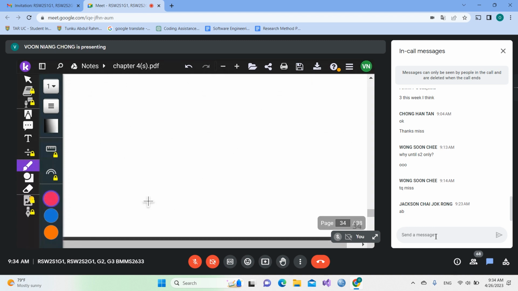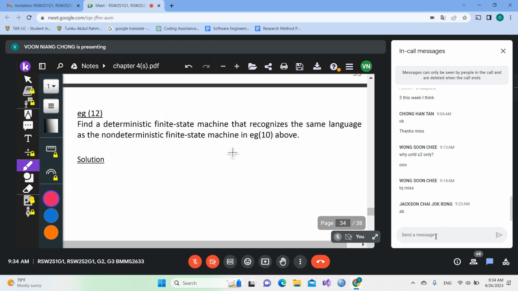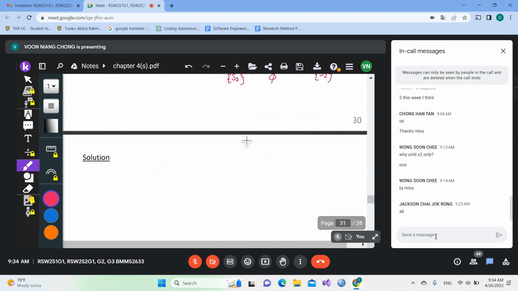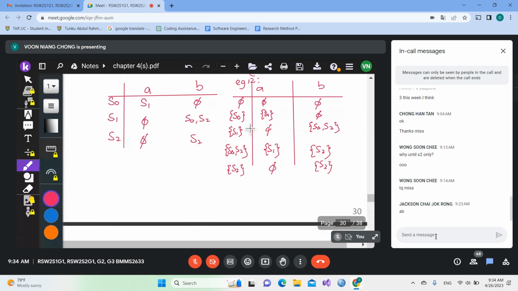Okay, any question for this part? Can I ask for the diagram to be drawn? Oh, you mean you want to see how to draw the diagram? Yes. Okay, so for this one, you have